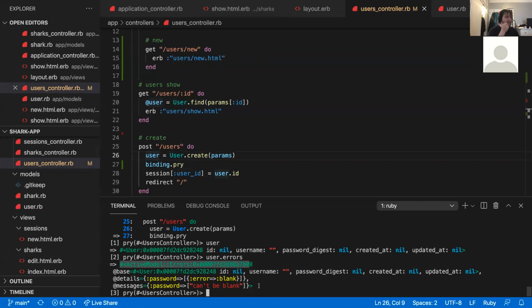So you can already see a couple of useful things. It says password can't be blank, which I think is a really helpful error. If we want to see more details on what this error looks like, you can even go